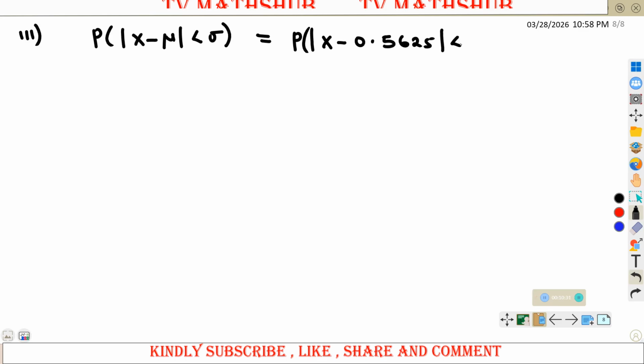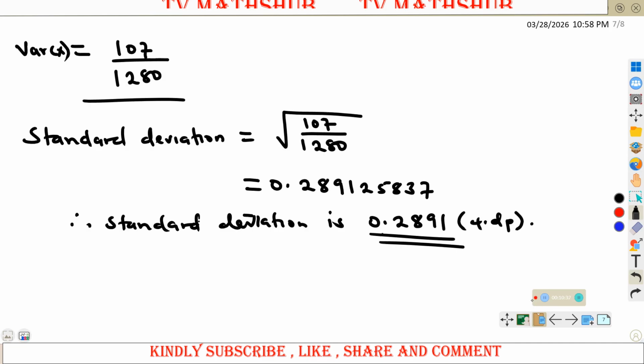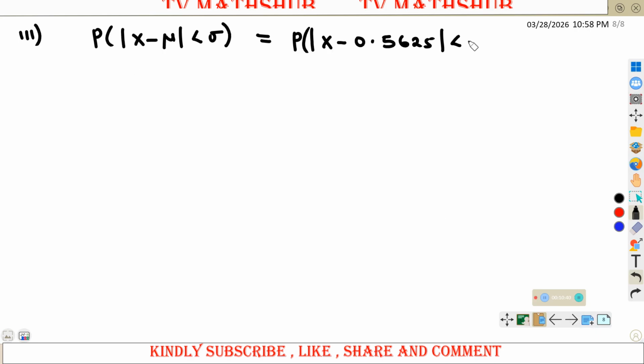And then this one here is less than the standard deviation. We have got the standard deviation 0.2891, 0.2891. So that is the probability we are interested in. So this probability here is same as having